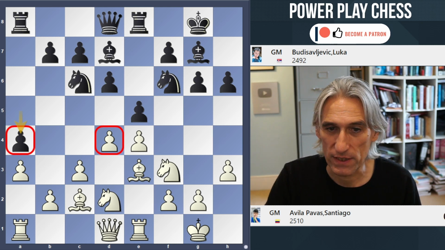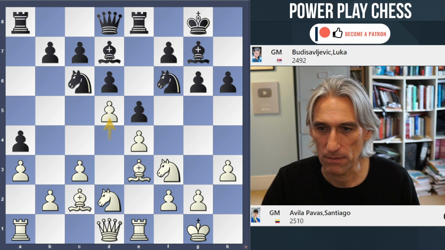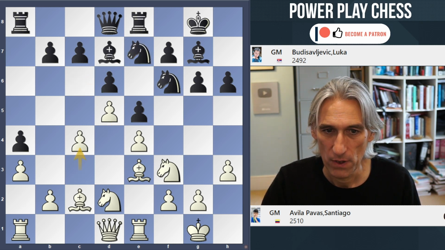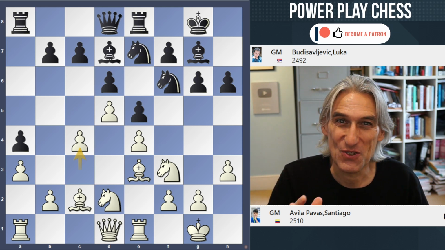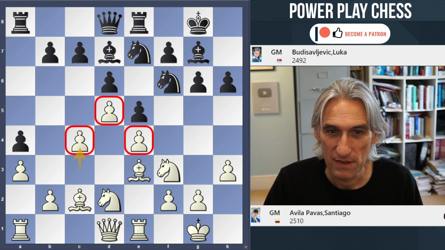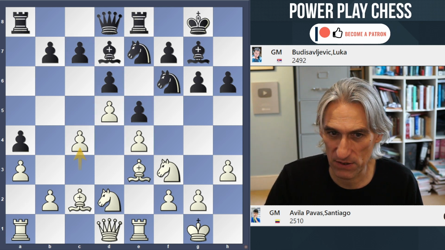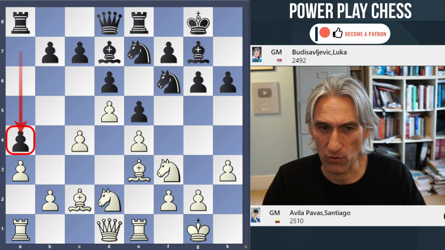So finally white decides to fix the structure in the middle. The knight drops back, c4. So now you can see we've basically switched from a Spanish into a King's Indian pawn structure with these locked central pawns, and white has a space advantage. This is a nice pawn to have on a4